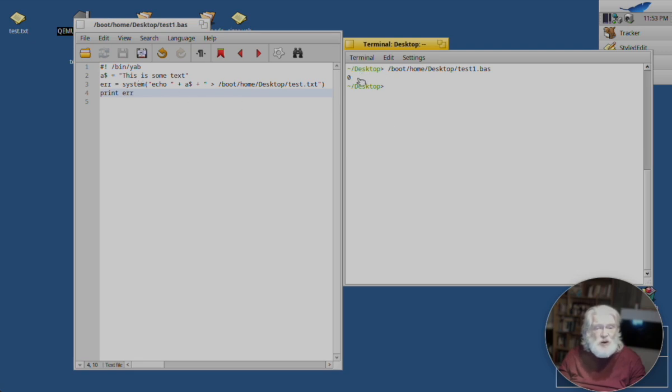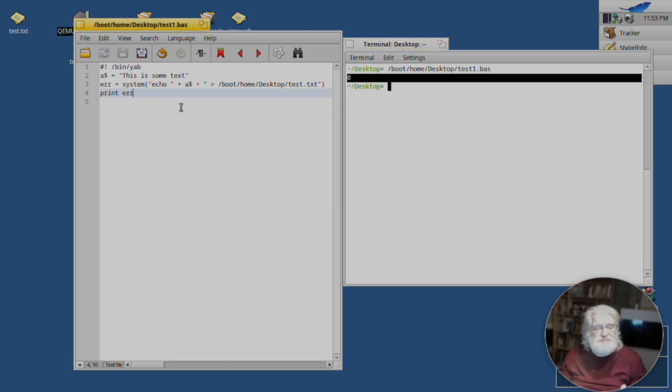Now, what is the 0 that gets printed out there? Well, that is the error code. And 0 in bash world means everything went fine, no problems. Think of 0 as no problems. Because if there was a problem, it would have printed out 1 or 2 or 3. This normally doesn't get